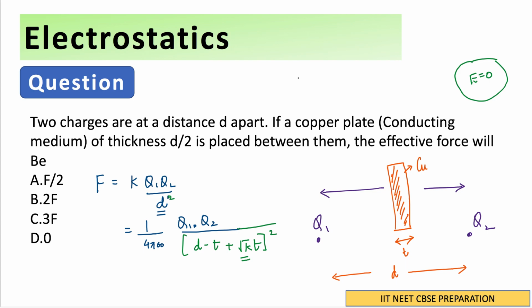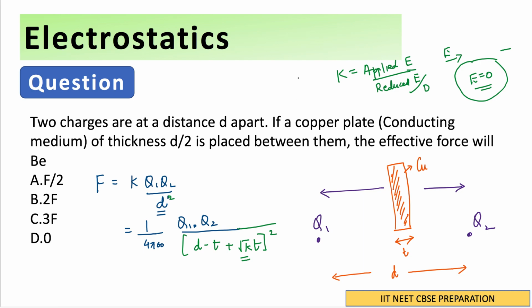K is the applied electric field upon the reduced electric field. Just for those who do not know, it is whatever electric field you have applied, divided by the reduced electric field. Say the electric field E was applied, but when it went inside the metal, it was zero. So the reduced electric field becomes zero. So for metals or for any conducting surface, the value of K will be infinity. And that is what is going to give us the answer to our question.